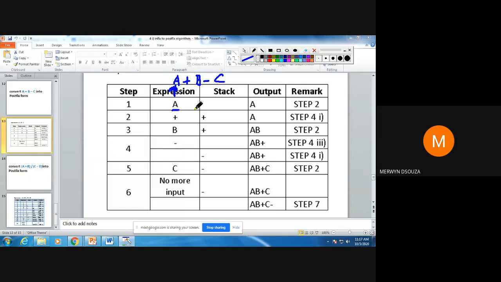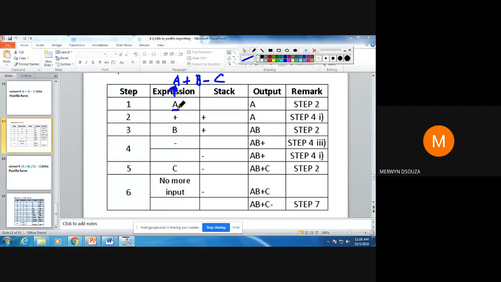Then from step 2 to step 5, you can perform any one of them. You cannot perform all of them. You can perform only one of them, whichever is applicable. Once you have performed one of those steps from step 2 to step 5, you have to go to step 6. If step 6 is true, you will go back to step 1. Otherwise, if step 6 is no longer true, you will go to step 7.